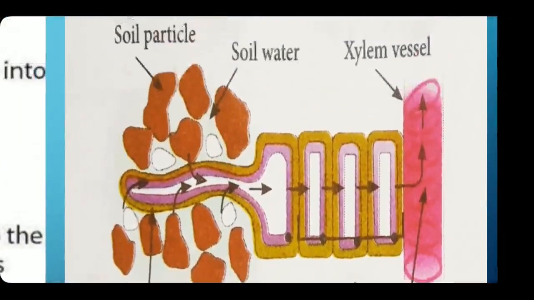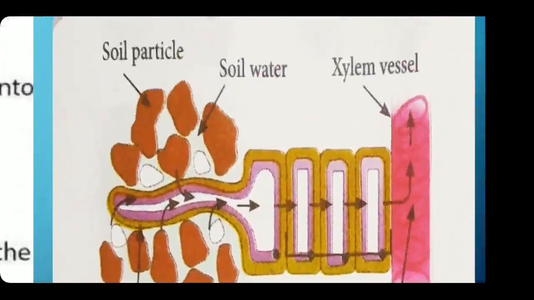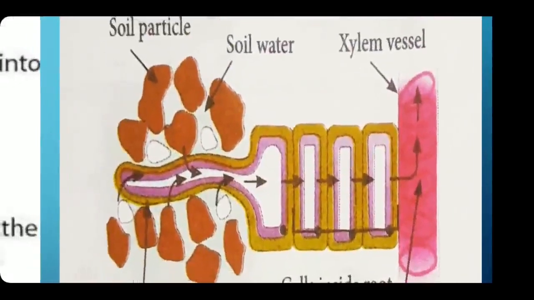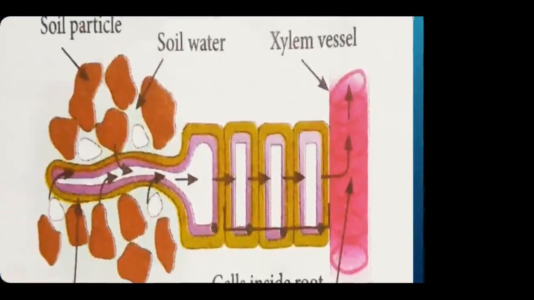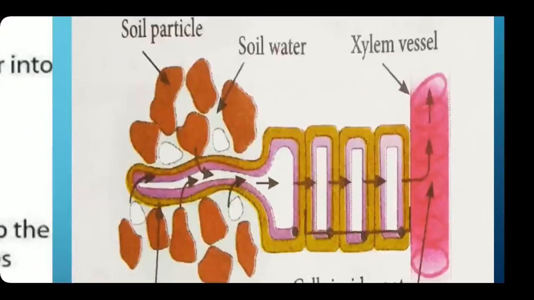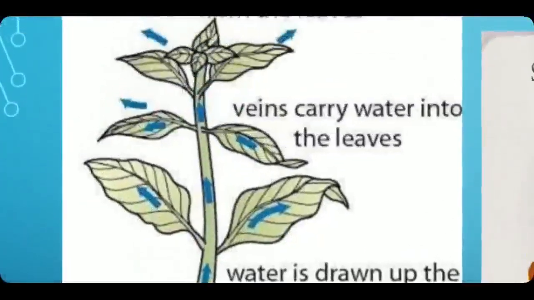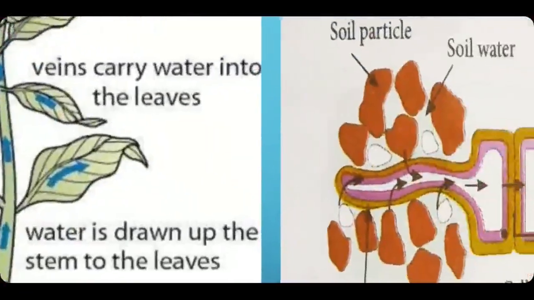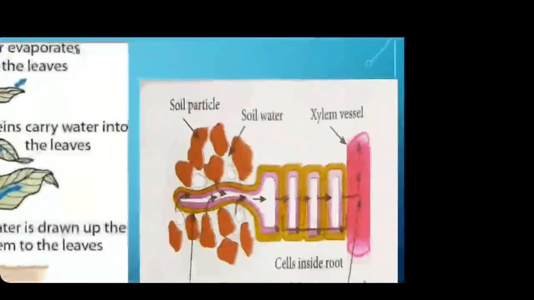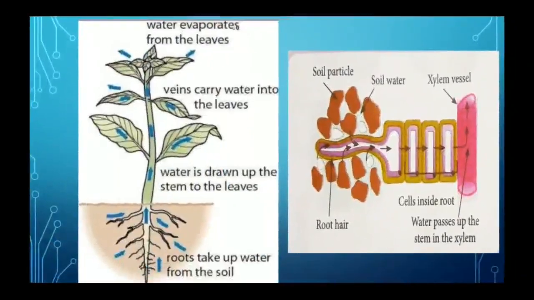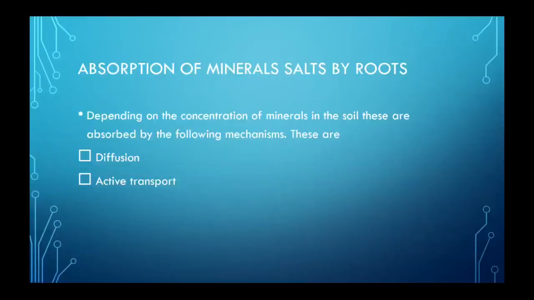And here you can see this red structure, this pipe-like structure, this is actually the xylem vessels. So then it reaches the xylem vessels of the root, which transport the water to the upper part of the plant. Okay, so what are xylem? I'll explain this in the next video lesson. So this was the pathway of water from the soil to the root hair, from the root hair to the nearby cells, and then to the xylem.